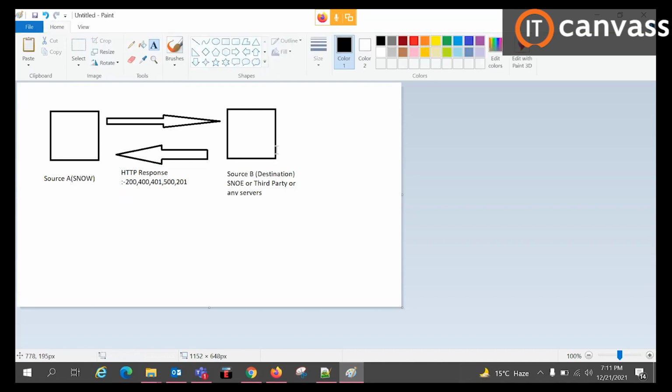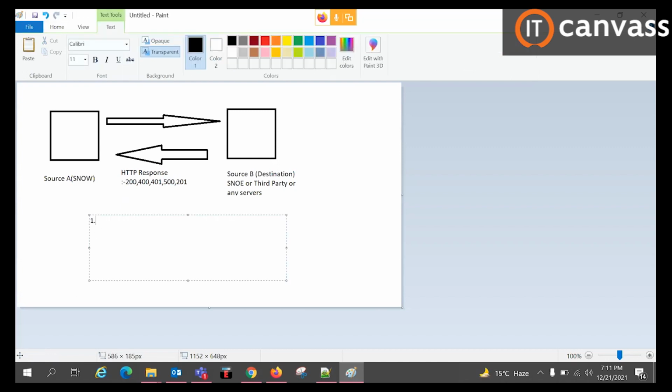So this is what integration is. Then we will learn what all are there in the integration. We will learn inbound. We will learn outbound. Any doubt you are having, just let me know. SOAP, REST,